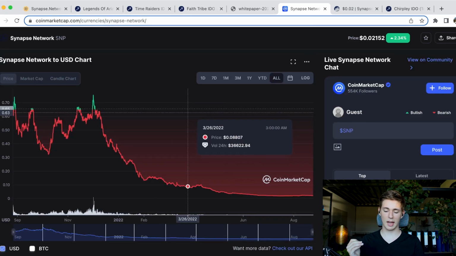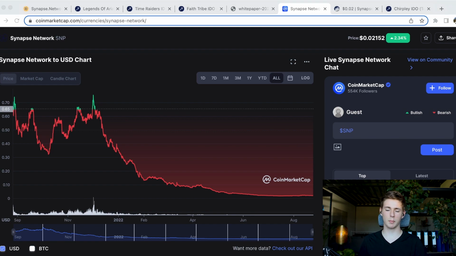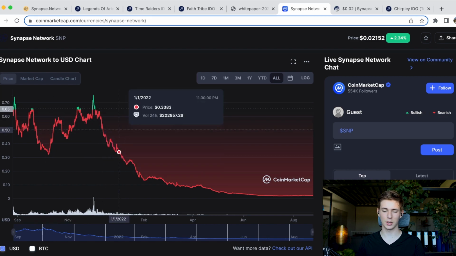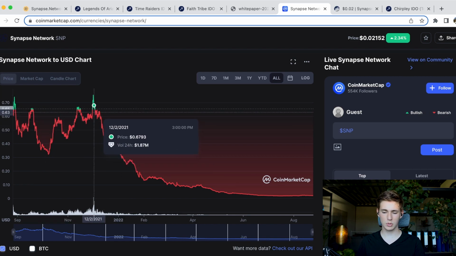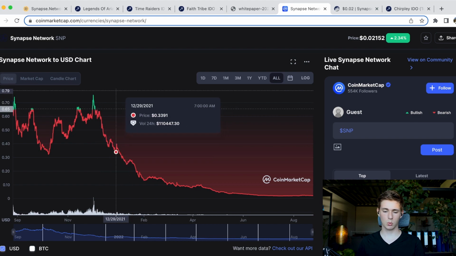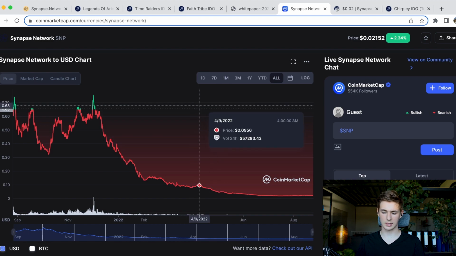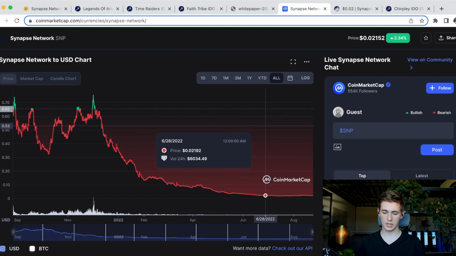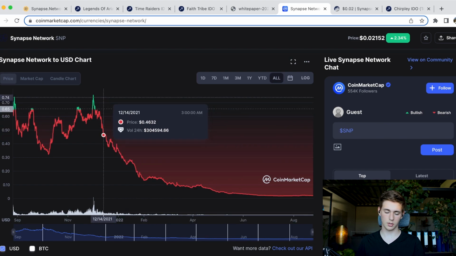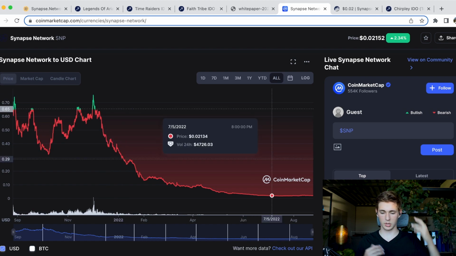So the biggest question that we have right now is, does the token have the potential to move back up again? And to really answer that question, we have to understand why the token dropped in the first place. Now, the biggest reason that it could have dropped was that there was no utility yet. Maybe there were no launches yet, or maybe there wasn't anything, no utility to the token yet. But that wouldn't make sense, because then we would have already seen the price go up after that was finally released. So it's a very weird pattern.